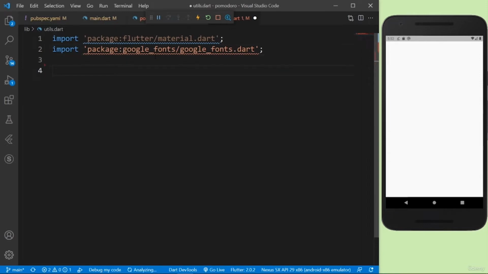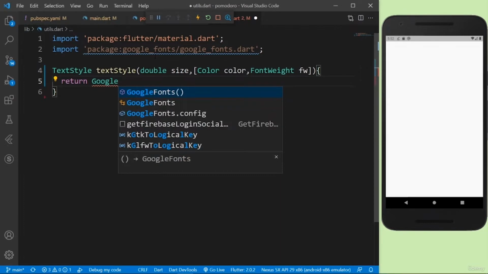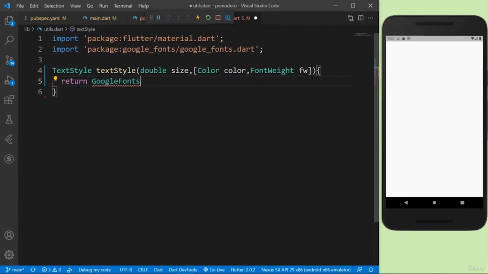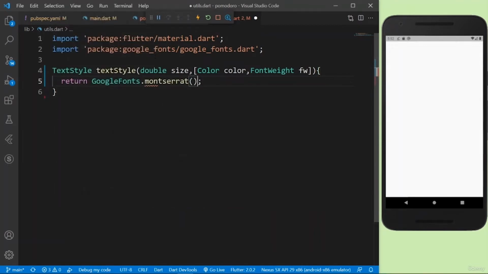Let's create actually a new function which returns a text style. So as a text style, it takes in a double font size. It takes in as optional parameters a color and also a font weight, how bold it is. Then I can return the Google Fonts one. So I'll say Google Fonts dot, I'll just use the Montserrat font. You can just use any font you want, but for now I'll just use a Montserrat font,